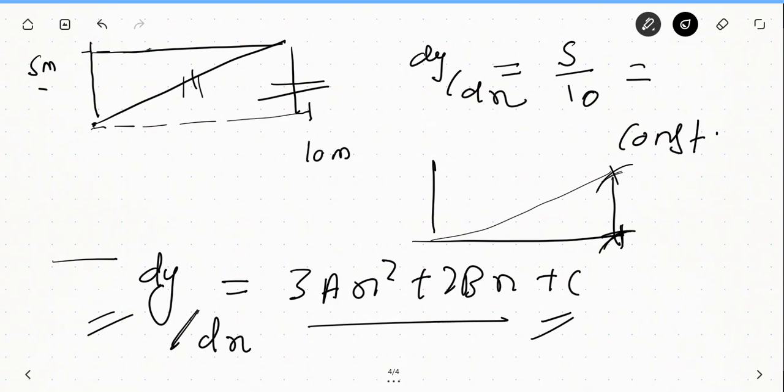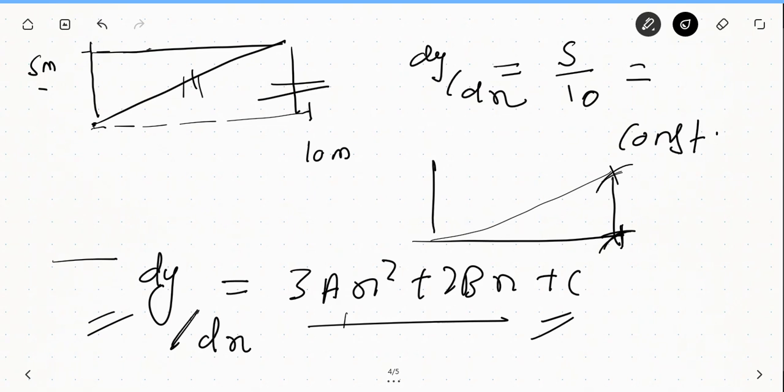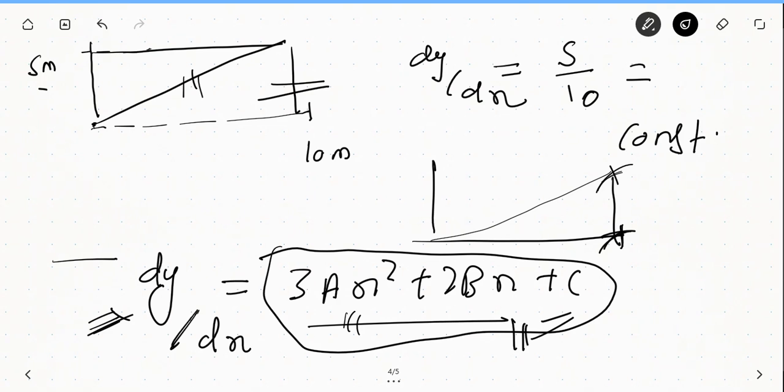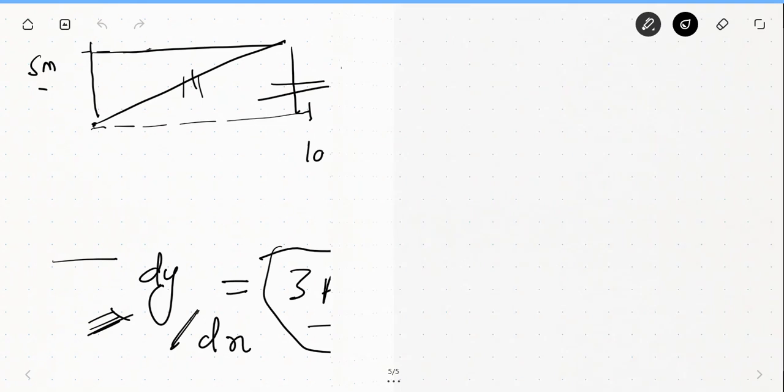Now how do we check that the representation of this particular equation in graphical form is in increasing order or in decreasing order? This is an equation of higher order, so its representation in graphical form is a curve. Now I need to know whether that curve is an increasing or decreasing one. So to check that, we must find out the value of dy by dx.